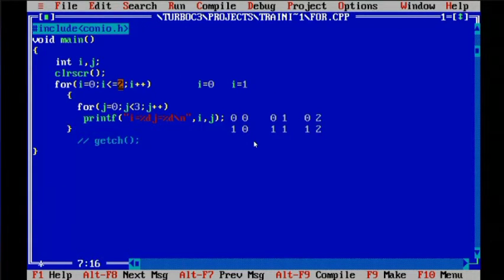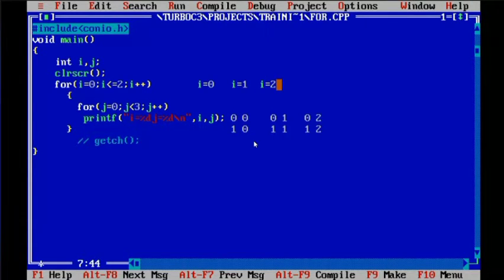Here the I value will again become 2. So for that also you are executing the same j values. So obviously you are absolutely correct. The j value will always remain the same, that is 0, 1 and 2. But the I value is changing, because when I is 0 you have executed the whole j loop once.